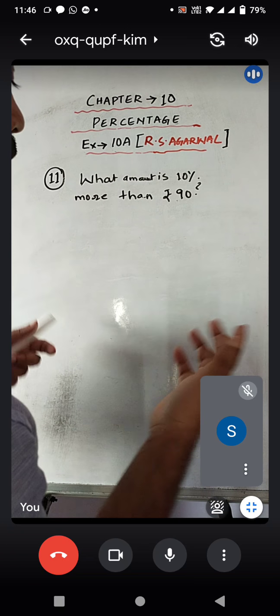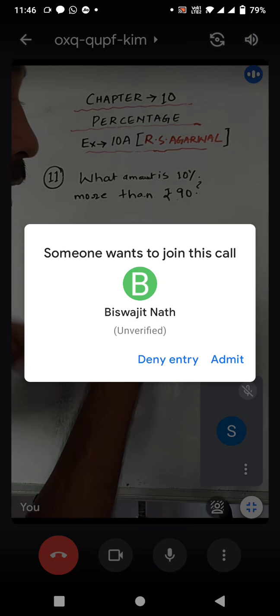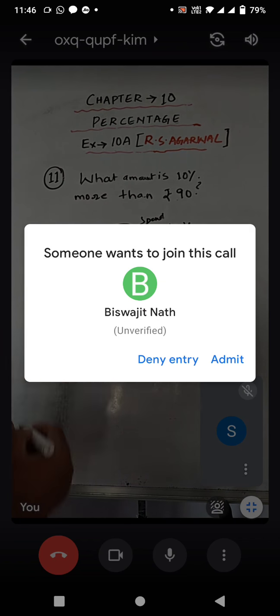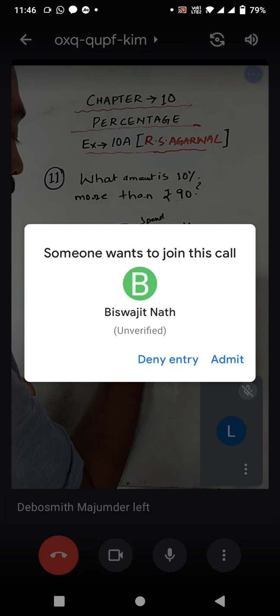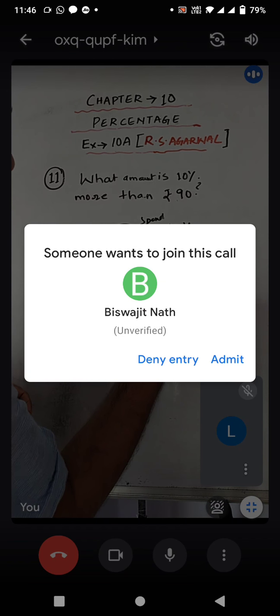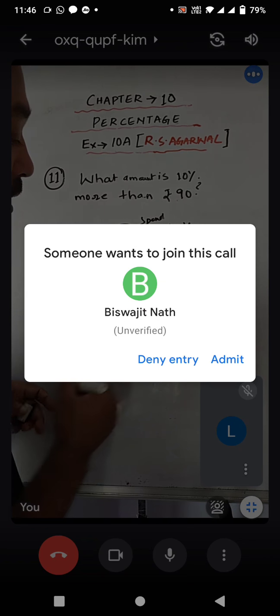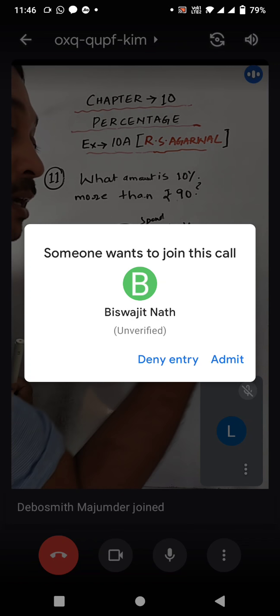Fine. Suppose I give you one example. Suppose I have been given 1000 rupees and somebody is saying that I have to spend only 10% of this amount. So I have to see what is 10% of this amount, then only I can spend. So how to see that? 10% of 1000 is what? We have to see 10 by 100 into 1000. When I reduce it, I see that I have to spend 100 rupees. That means 10% of 1000 is 100 rupees.